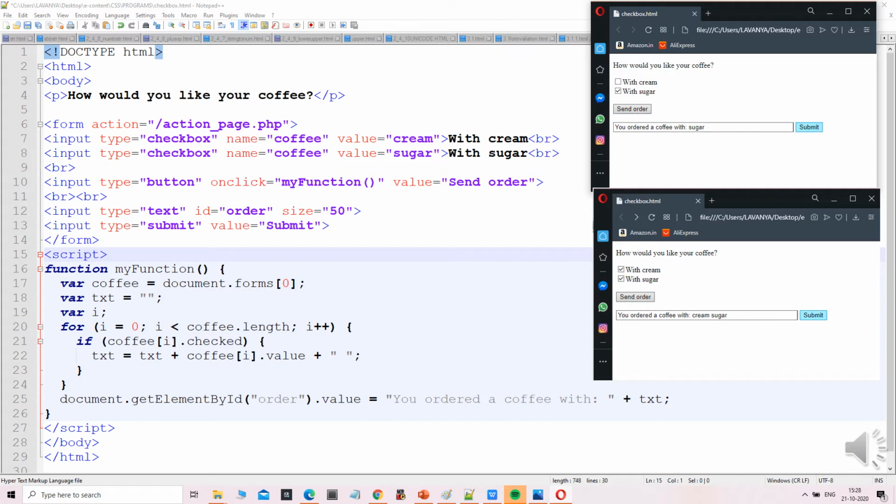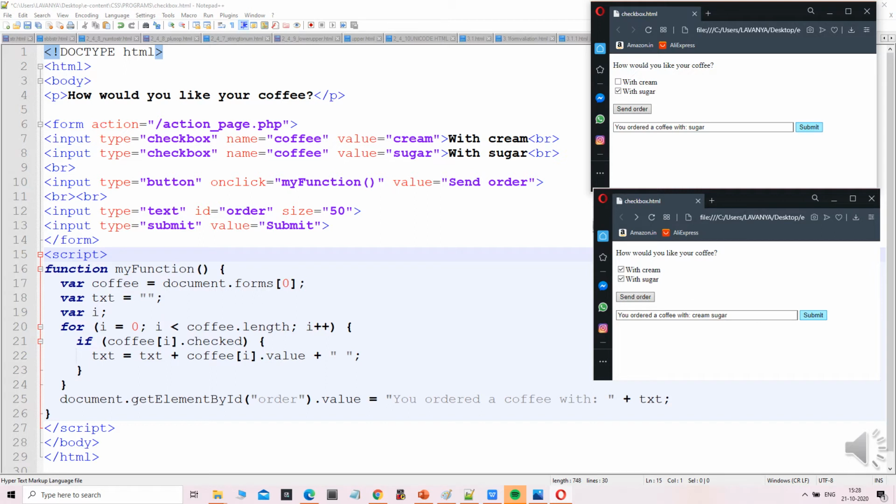In the script tag we write one function, that is function myFunction, where coffee is equal to document.forms, and var txt is equal to an empty string, var i, then for i is equal to 0, i is less than coffee.length, i plus plus.